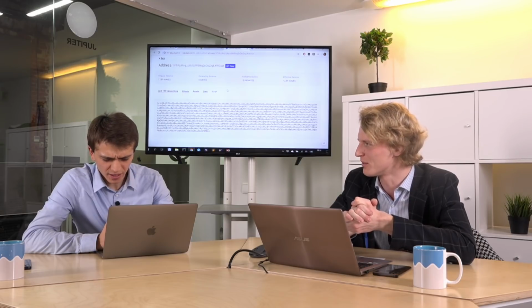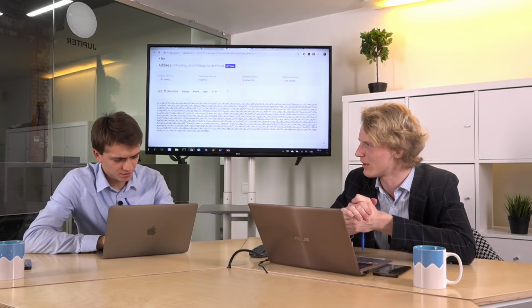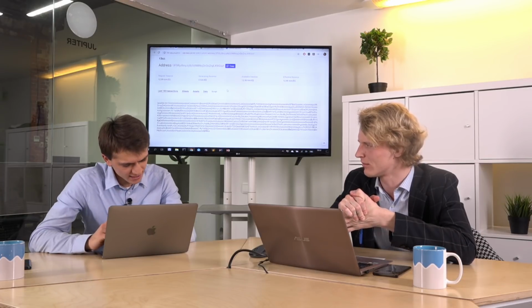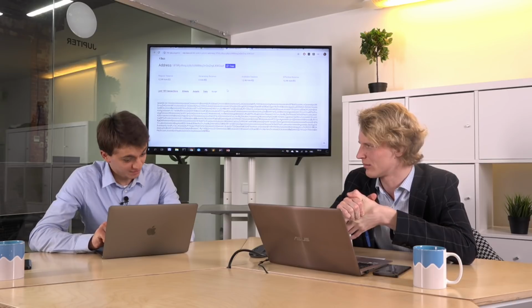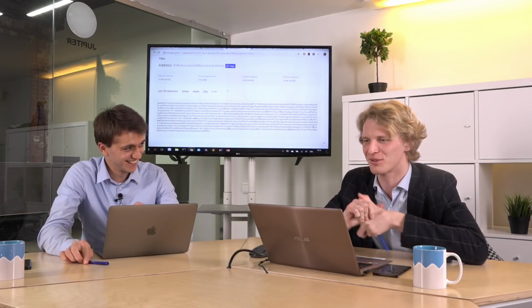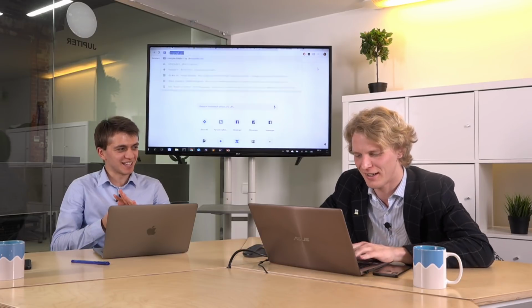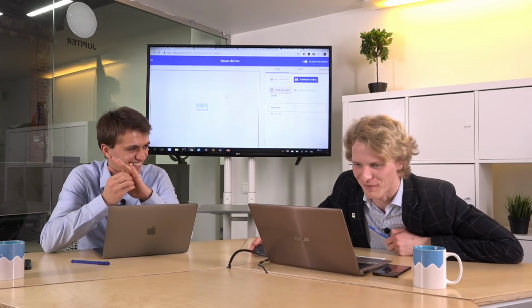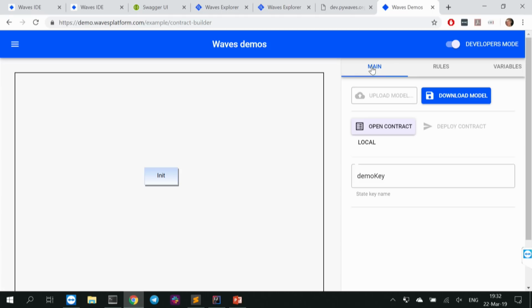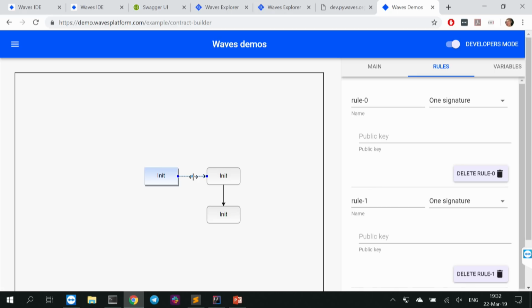Okay, the next question is not about smart contracts in this implementation, right, for the apps. Is it easier and more secure to use the smart contract builder to develop smart contracts? Oh, the smart contract builder. It's on demo.websplatform.com. I like this thing. It's crazy good, but crazy underdeveloped as well. This thing works only with data, so you cannot do any transfers of coins here. You can only build a state machine and describe its state transitions.